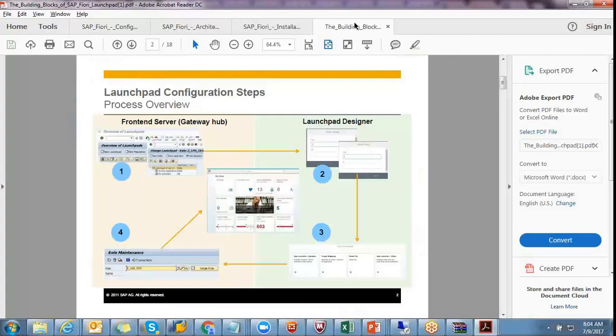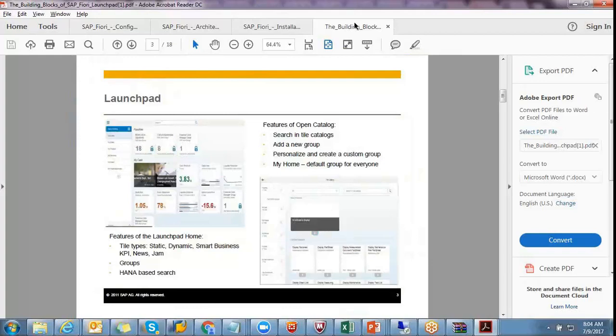How can you know what is relevant for us and how to configure? First of all, with the Fiori documentation, you check for the relevant app and check the documentation related to that app. Once you are confirmed, then you have to install the required component in our S/4HANA system. After that you have to do Launchpad configuration to display the output.